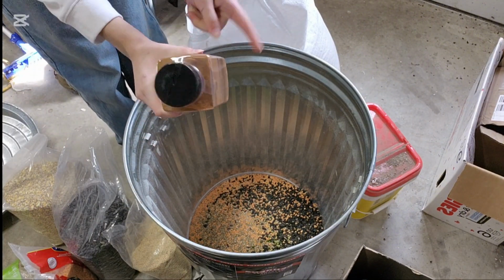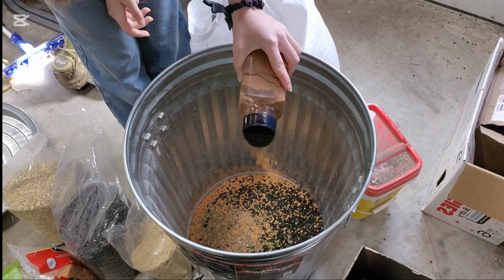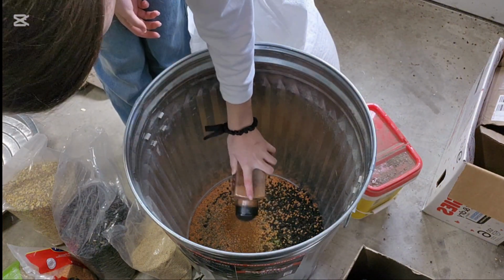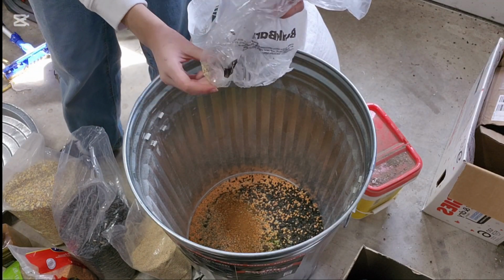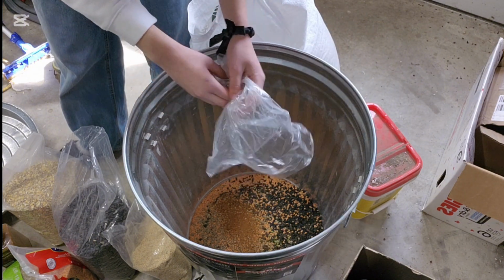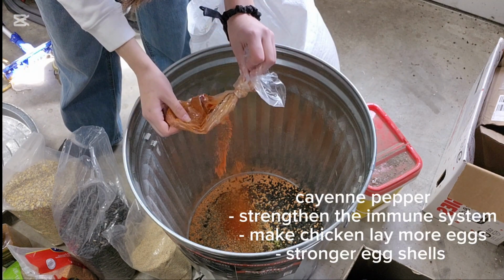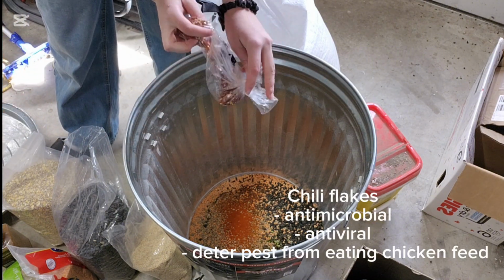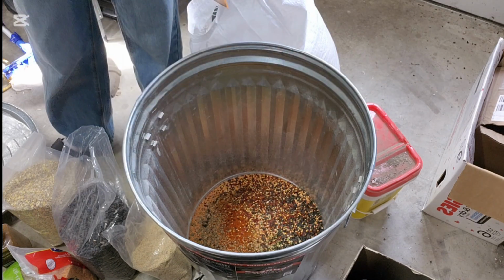Now onto the seasonings. I'm going to start off with some cinnamon. Maybe I should take the lid off. Some cinnamon. Normally I would add a lot more hemp than this. I just got a little bit left over in this bag. Cayenne pepper. Chili flakes. Parsley flakes,